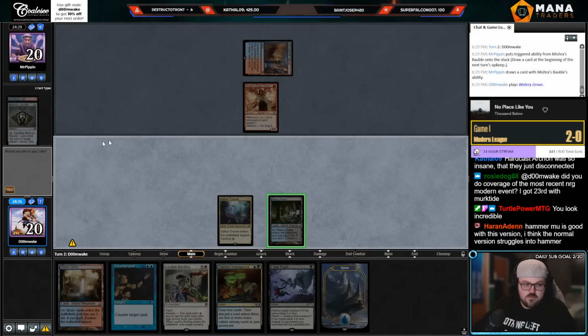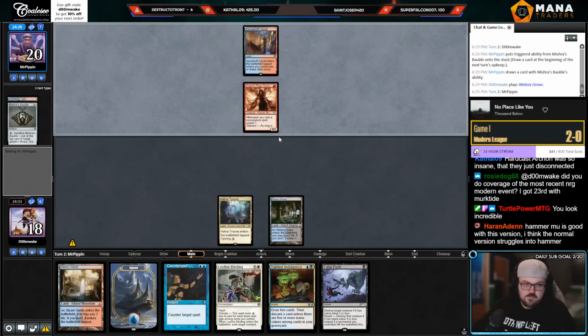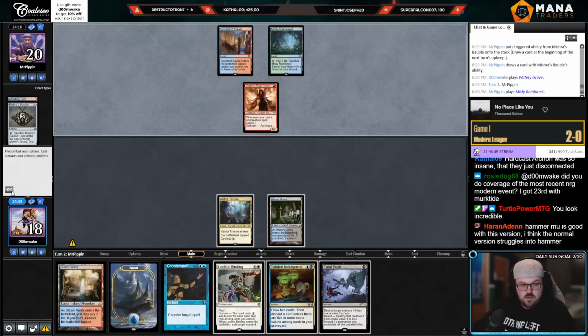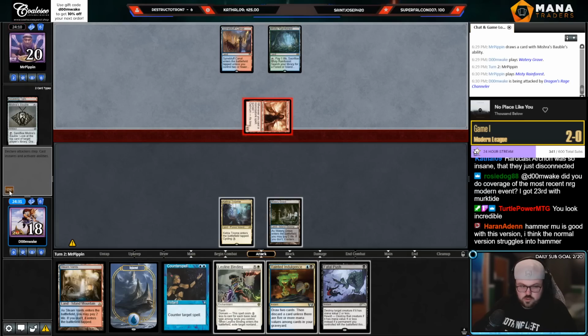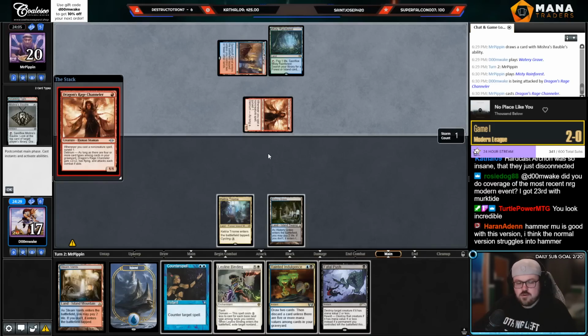I'm going to go Watery Grave untapped, but not play the Fatal Push main phase. If they do nothing, I think I'm just going to push end step. Maybe I'll Indulgence. Hammer matchup is good with this version. I think the normal version struggles into Hammer. Yeah, I like that we have more control elements, which means more removal spells and 1-for-1s against Hammer. Because that's how you beat them, is overload them with a bunch of 1-for-1s. Just kill all their stuff. I know it sounds kind of stupid, but I think if they do nothing, I